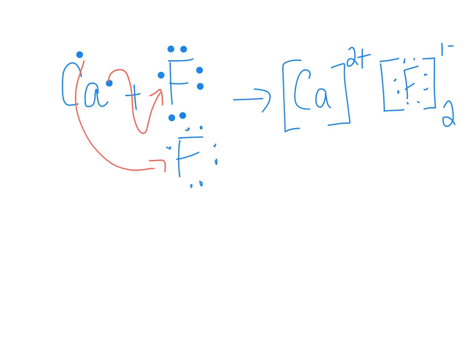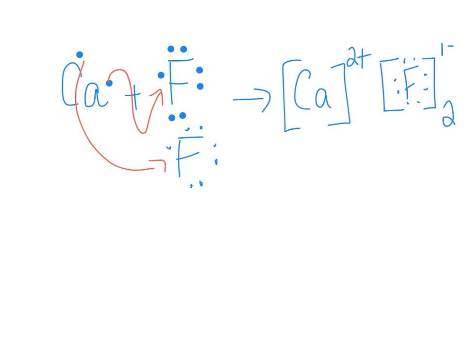So, when we talk about ionic compounds, we don't talk about molecules. Like covalent compounds, we say we have molecules of carbon dioxide, molecules of water. When we talk about ionic compounds, we're talking about formula units. The smallest whole unit that represents that compound. So that will be the chemical formula for that compound, like sodium chloride, NaCl,